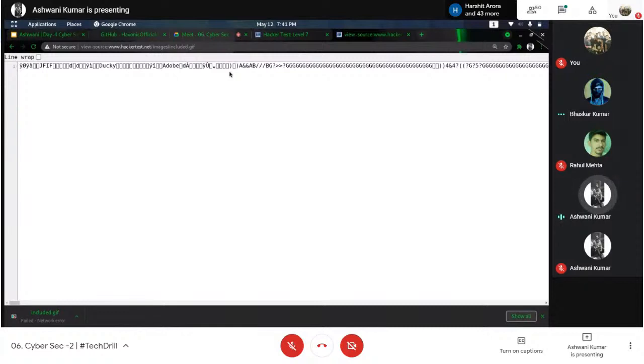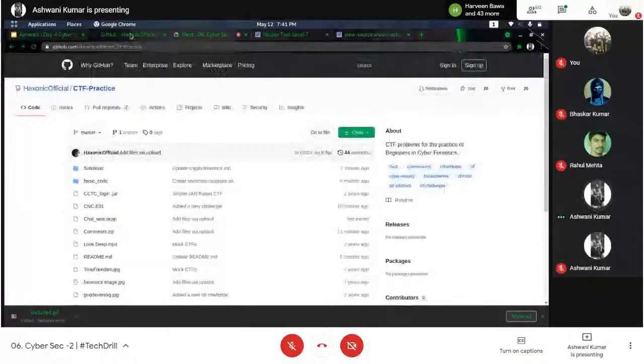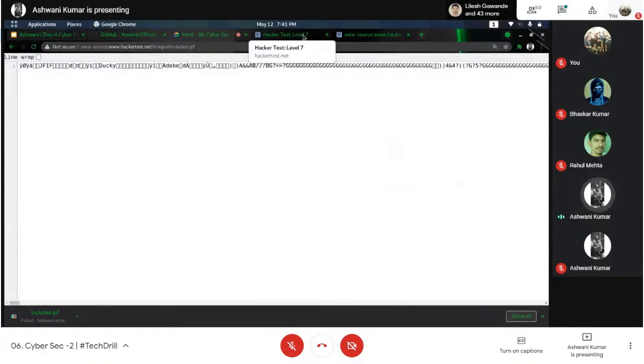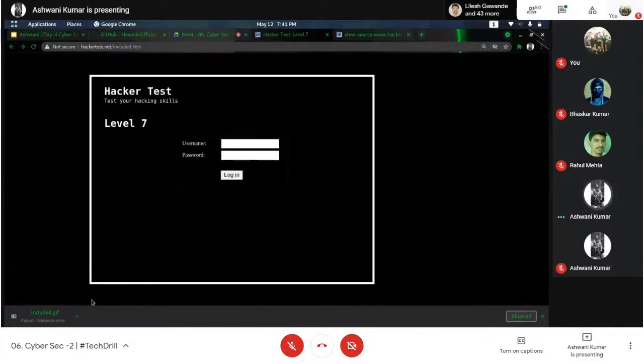We have already done that, right? In one of the challenges, this Hexonic dot official, you can just solve that. You will get the answer just by typing strings, like converting the image file into string form.